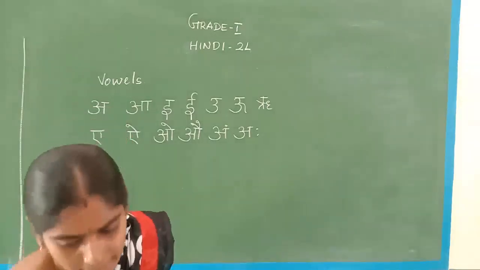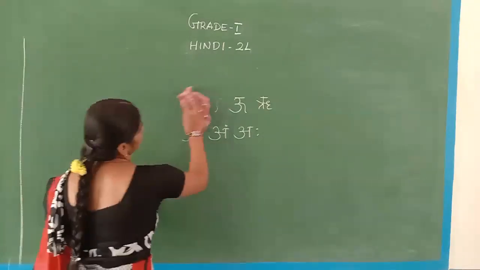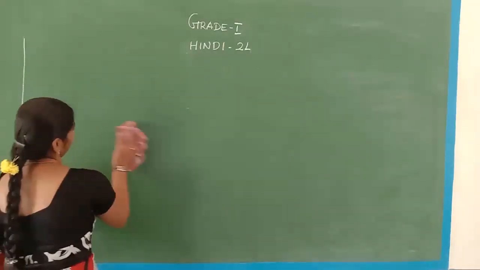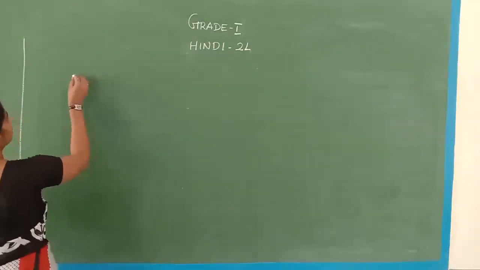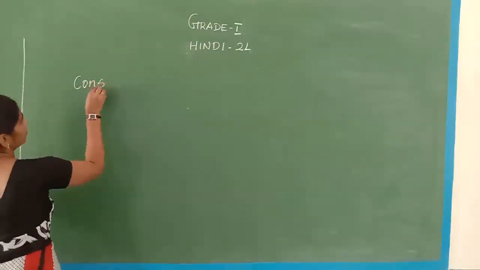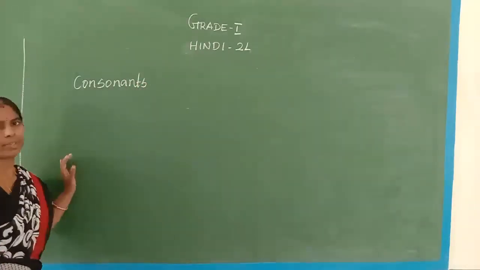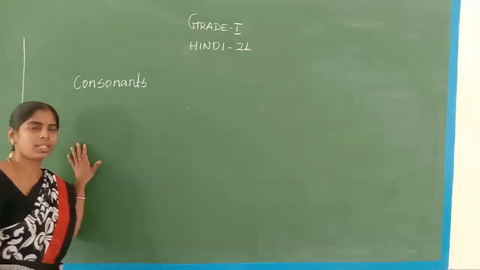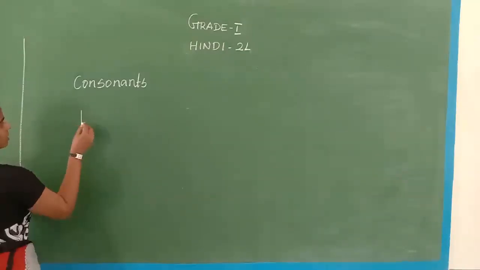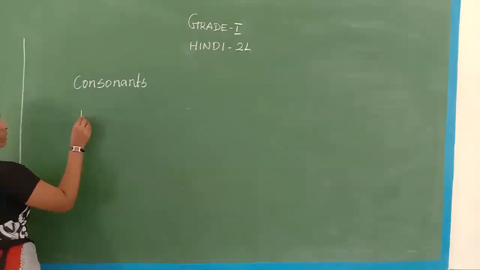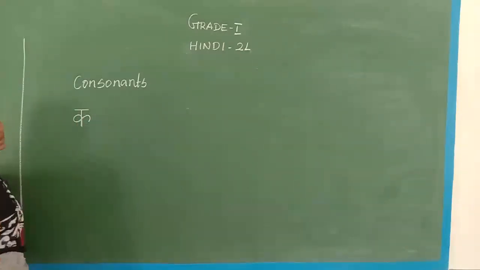Shall we go to our today's class? Okay. Today our class is consonants. What is the next? Consonants. Shall we see? Consonants, first two lines, children. First, how we have to write the consonant letters. Shall we see? Okay. The first letter of the consonant is Ka. How to write that? One curved line and one line on top.